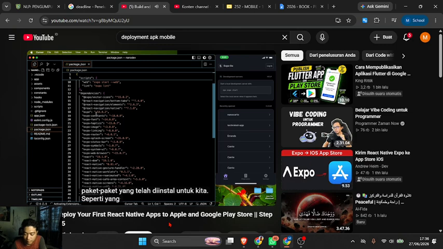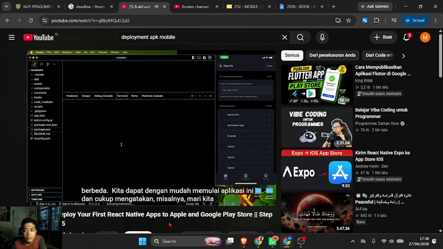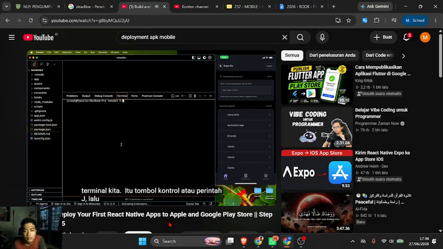As you can see, expo constant. This is what makes Expo, and this is what makes React Native. So we're going to be focusing on something different. We can easily start this app and just say, let's bring up our terminal. That's Control or Command J, and just say npx expo start. So running that,